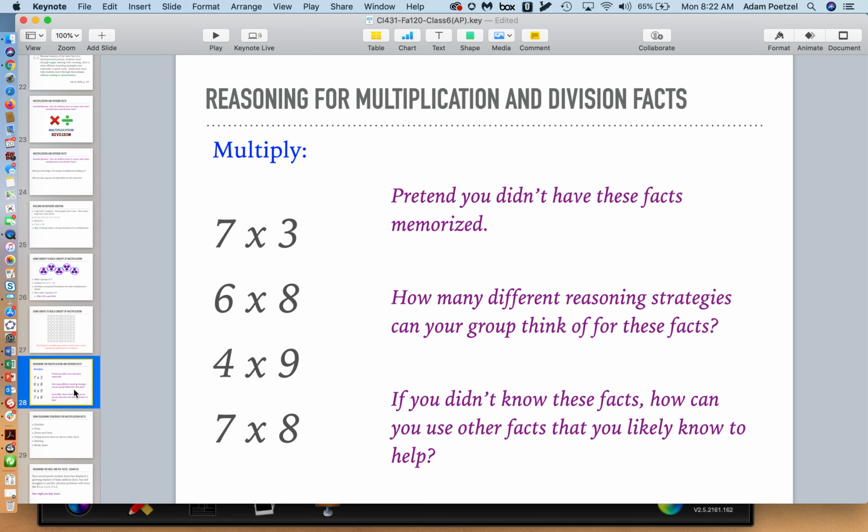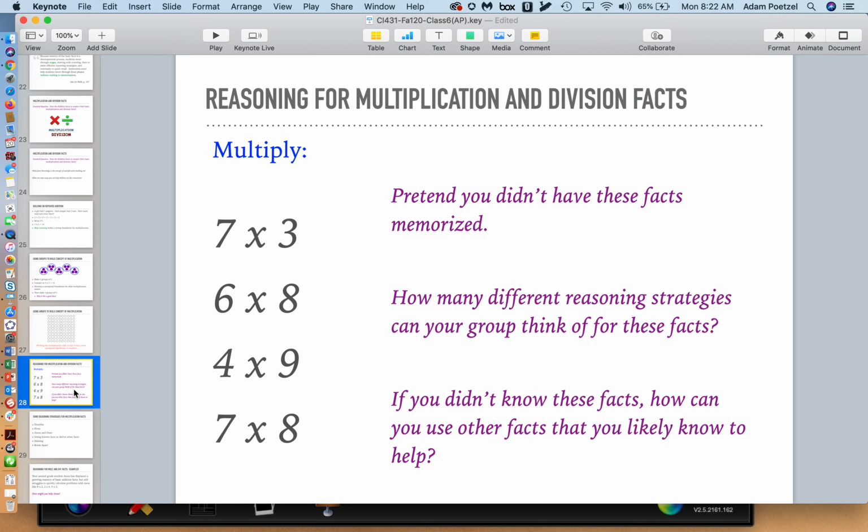All right? So, for example, 6 times 8. Well, I know it's 6 groups of 8. So, of course, I could do a big drawing. But that may not be very efficient. But maybe I know, well, I'm good with my 5s. Oh, 5 times 8, I know those more. I know that 5 times 8 is 40. So 6 times 8 would be one more group of 8. So that would have to be